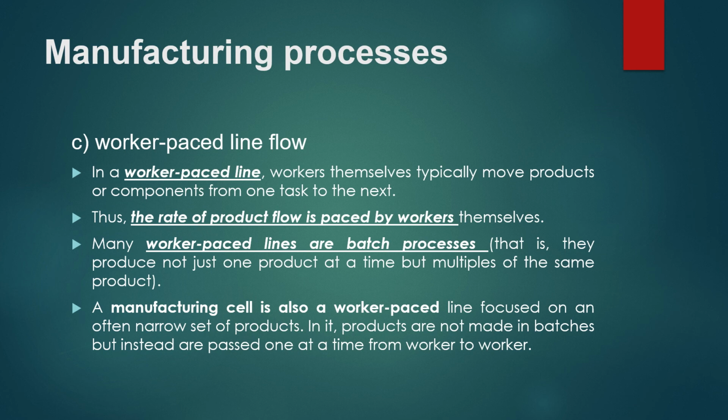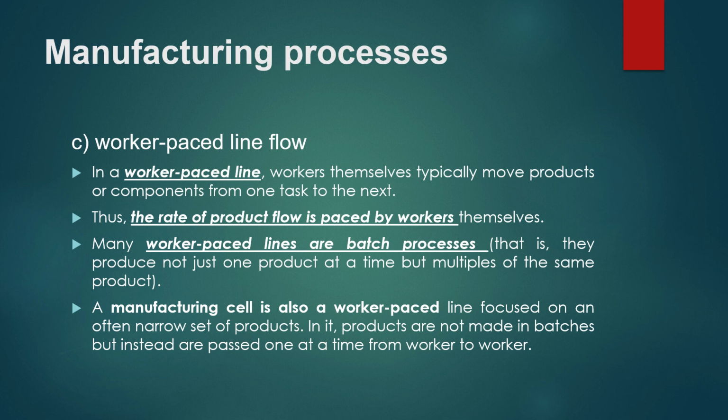Worker pace assembly line refers to a production layout arranged in a sequence to accommodate the processing of large volumes of standardized products or services. The quality and quantity of output in a worker pace assembly line depends to a great extent on the skill of the labor utilized. Examples of worker pace assembly lines are food marts like McDonald's and Shakey's.